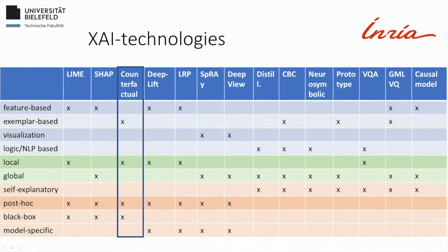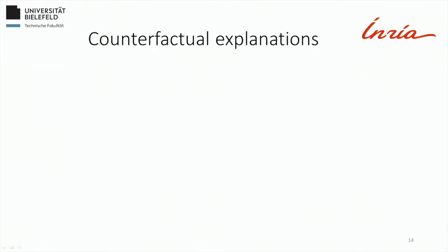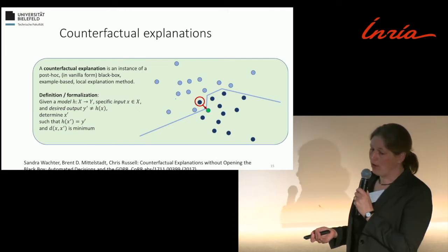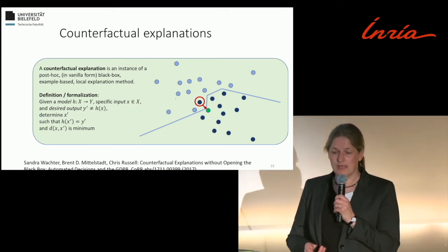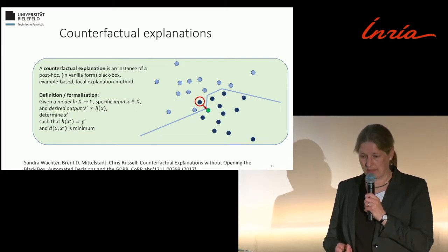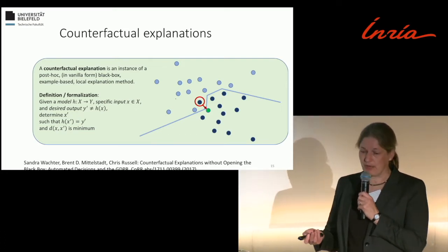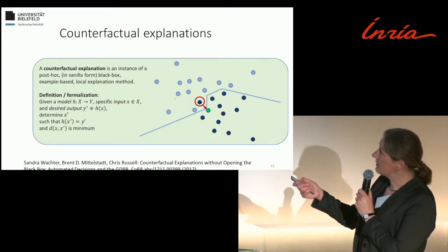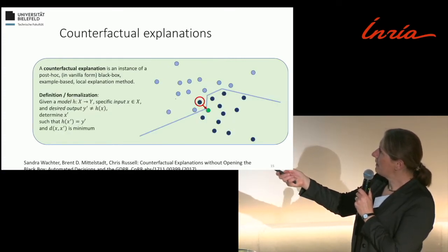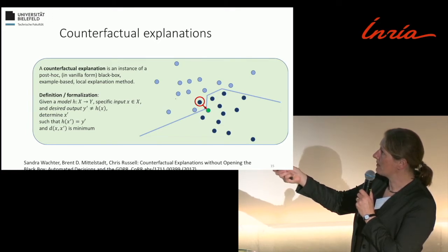Counterfactuals, this one, are an instance of a post hoc in its vanilla form black box, example-based and local explanation method. They come from psychology, and more or less in this case, in that setup, a counterfactual would explain for a selected data point what the data point would have to change to be on the other side of the decision